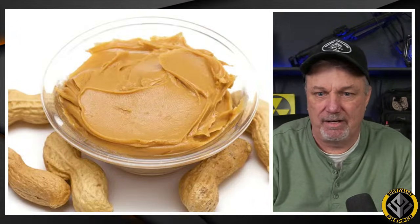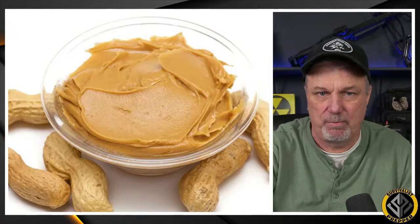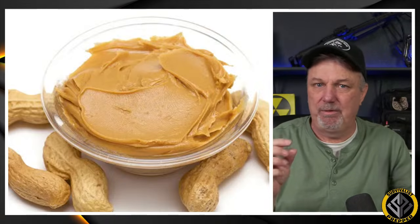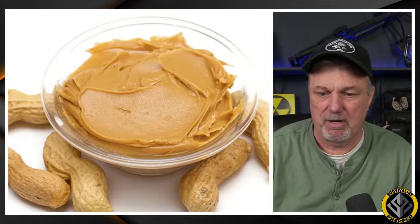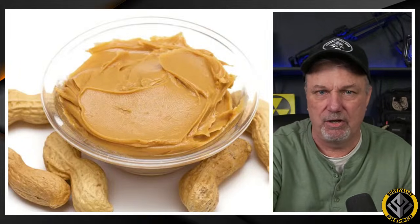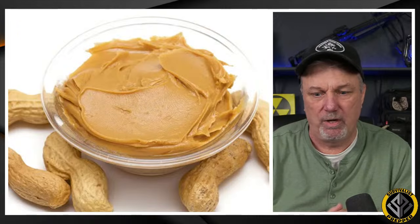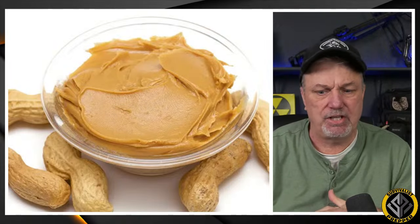I've tried it, not a huge deal, but I know that if it's not stored properly, there's powdered peanut butter as well. It's just one of those things, probably not the smartest thing to, in my opinion anyway, just let go. Now, unsealed, I'm not really sure what the shelf life is. If anybody in the chat knows...